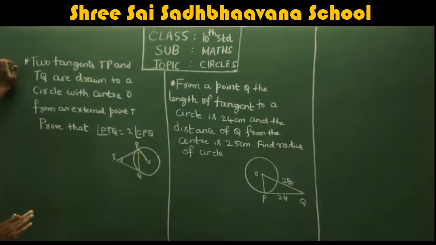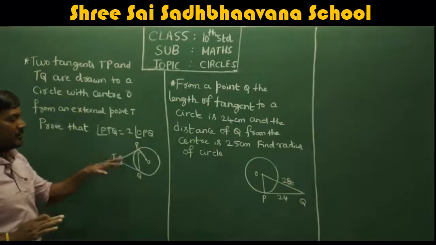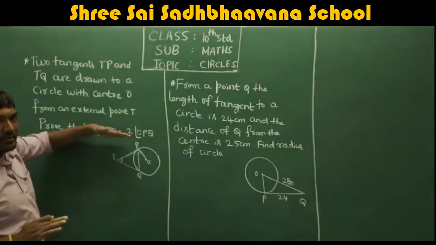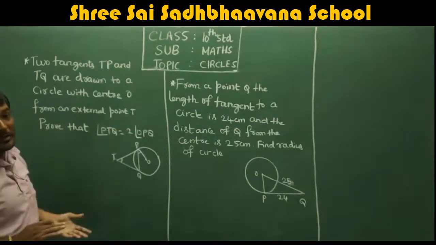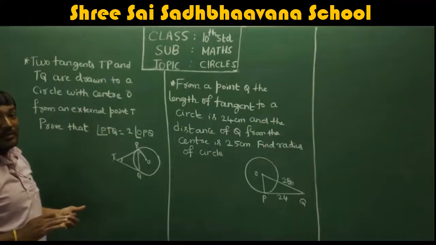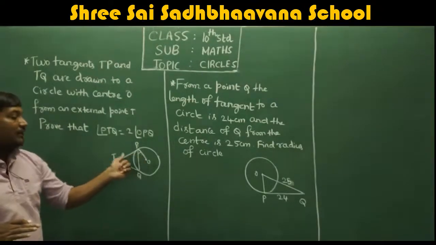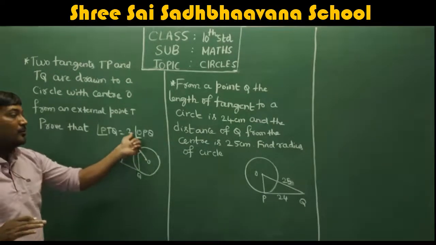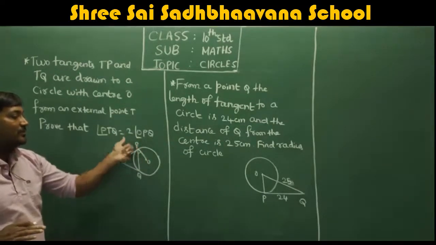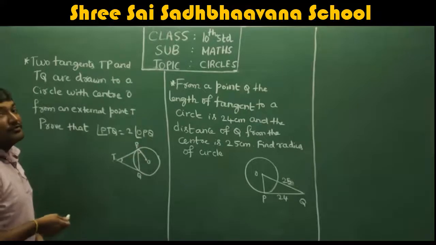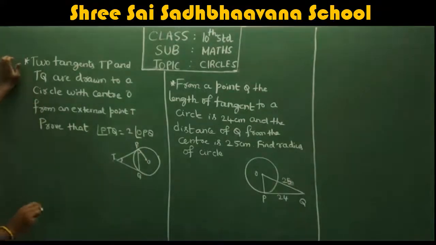So always remember this angle. Once this is proven, you may even get a one-mark multiple choice question based on this. They will give you this angle and ask you to find this angle. If they give this angle as 110, obviously this angle is 2 times of this, so obviously it is 55 degrees. Remember that. This proof is very important, and based on this they might ask one more question.